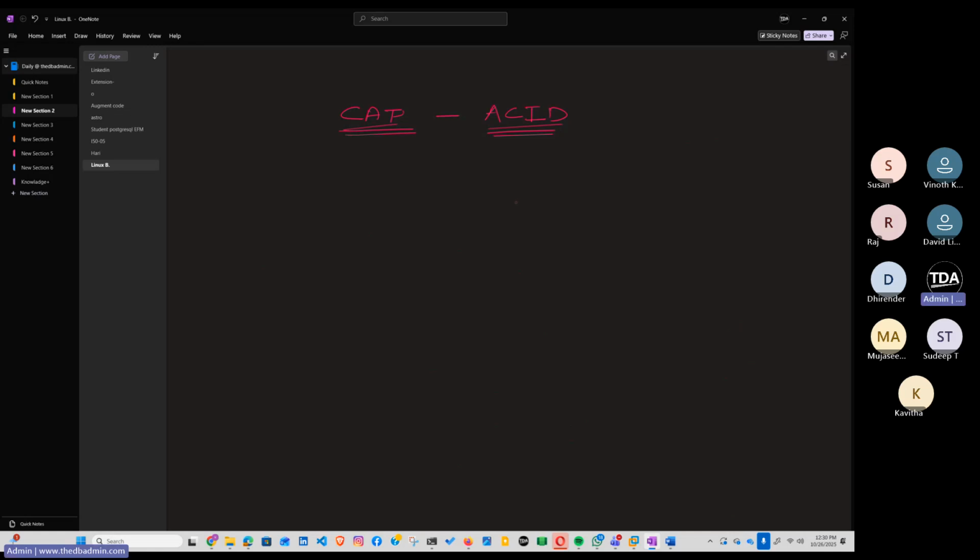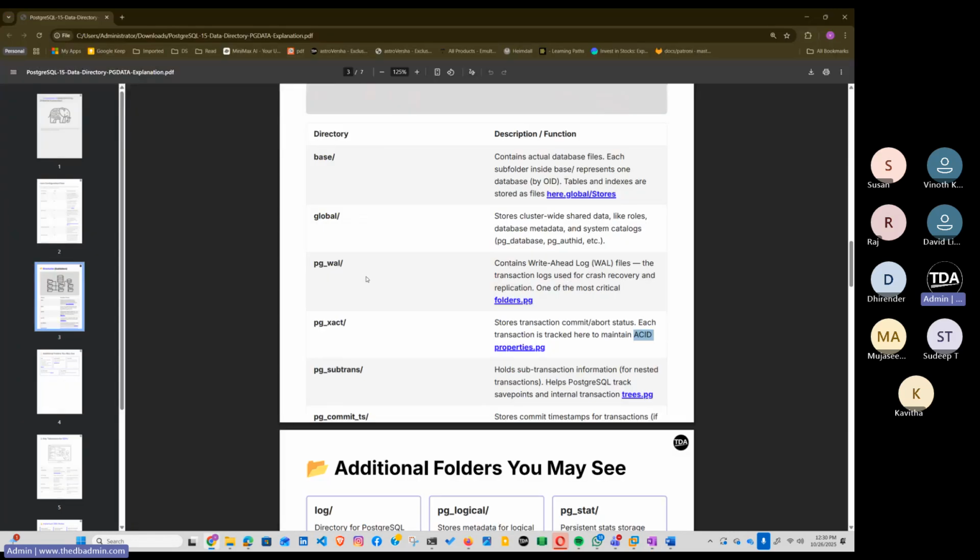You have to give me the answer to the question: why do we have template databases in Postgres? Second thing, read about CAP and ACID and explain it to me in the next class. Anyone, or as a group you can also explain to me. CAP theorem and ACID are one of the basic things that we have to know in terms of database administration